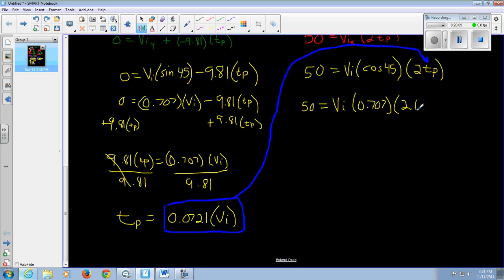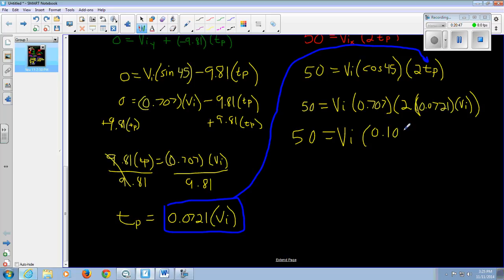The time to peak is 0.0721 times initial velocity, close the parentheses outside, and calculate. So we've got 50 equals VI, let's multiply all these whole numbers. Okay, 0.707 times 2 times 0.0721,